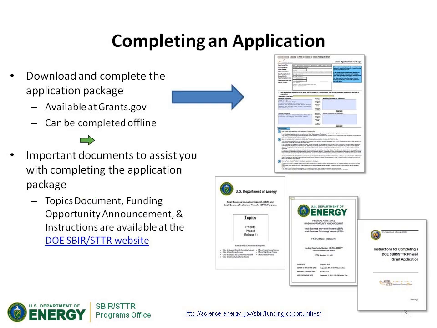In grants.gov, you'll be able to look up our solicitation and download the application package. So this is an example of an application package. It's actually a PDF document that has several documents embedded in it, and the instructions are contained in the document itself. But in addition to that, we do provide other resources: the funding opportunity itself, the topics document, and then finally there's a separate set of instructions that just walks you through filling out this grant application. And again, all of these documents you can find on our website.